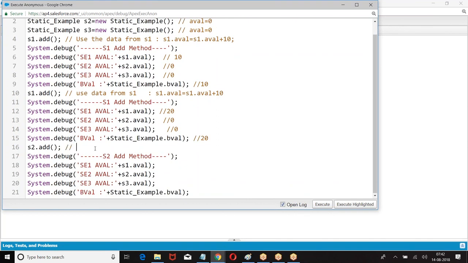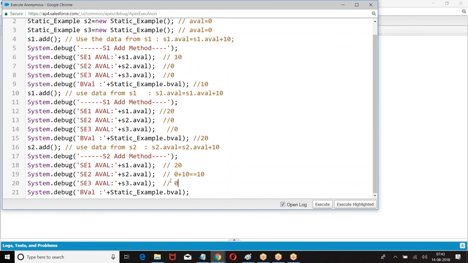Then when you say S2 dot add, use data from S2. So S2 A value equals S2 A value plus 10. Then what is the value of S1 A? S1 A value is 20. Now S2 is 0 plus 10, we are getting 10.